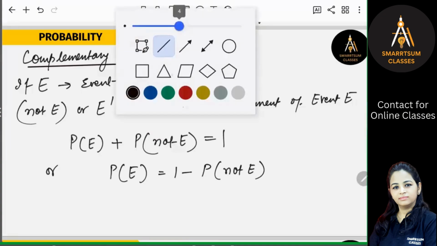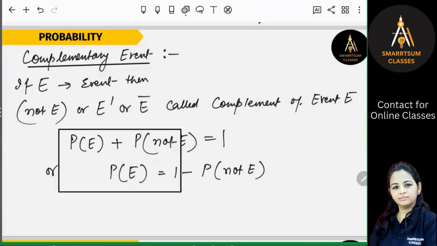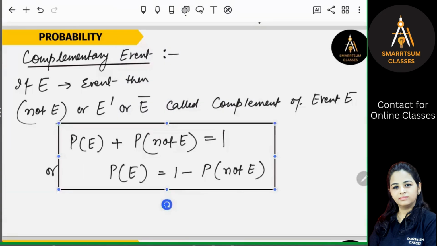Getting that? Okay. So this is the probability of event E in terms of the probability of event not E, right? Or you can say the sum of the probability of event E plus the probability of the complementary event will be equal to 1, right? It is exactly the same. Like suppose you have complementary angles, right? What do you mean by complementary angles? Those whose sum is 90 degrees, right? So if you have an angle of 30 degrees, what will be the complementary angle? 90 minus 30, that is 60 degrees, because their sum has to be 90. So if an angle is 30 degrees, its complement will be 60 degrees, that is 90 minus 30.